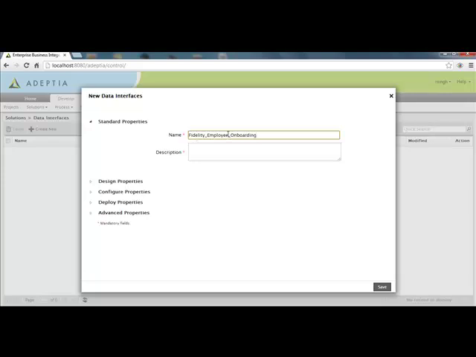So this would be your employee enrollment onboarding, and the description would be to onboard employee enrollment data